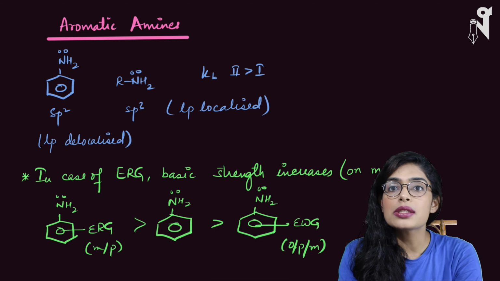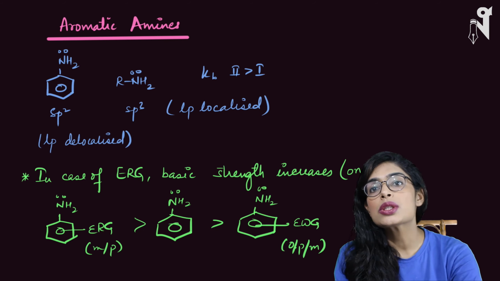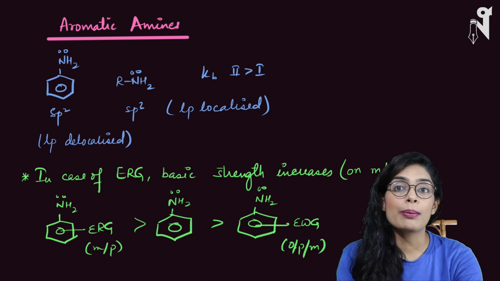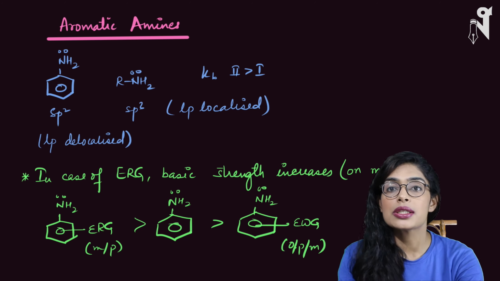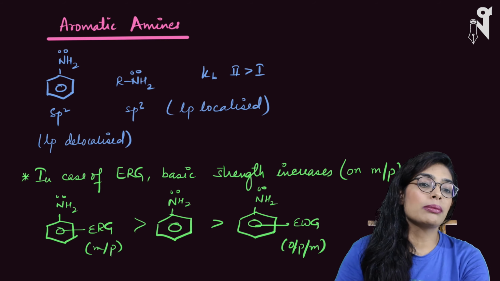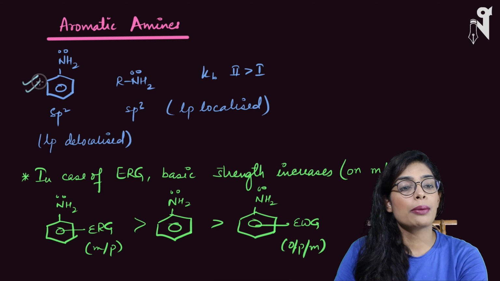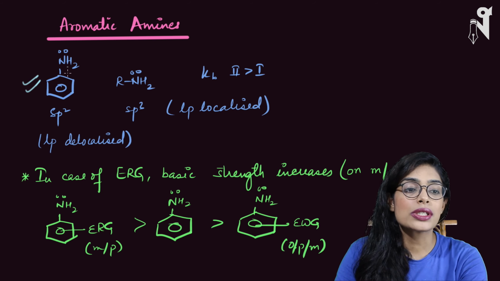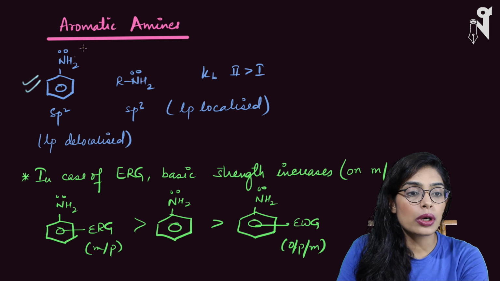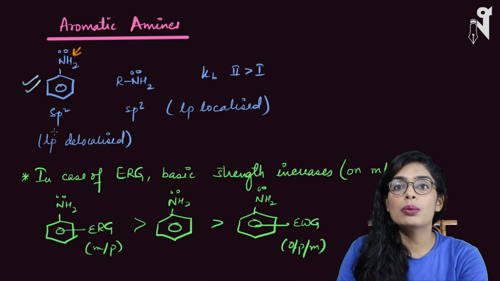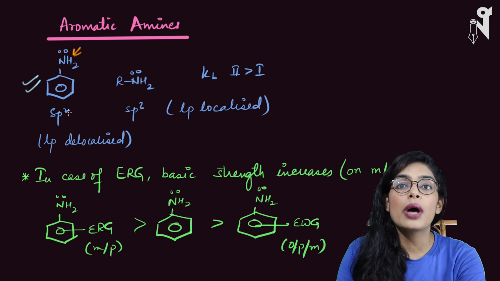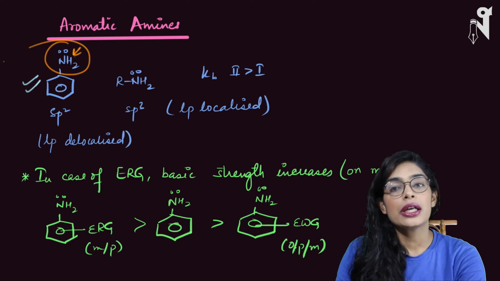Aromatic amines are the ones where benzene is there and NH2 is on the benzene, or nitrogen is on the benzene, not part of the aromatic ring. So here the aromaticity of the ring is not going to get affected. Now if I'm talking about aromatic amines, this is how your aromatic amine looks. Benzene with NH2, this is your primary amine. It can be secondary, it can be tertiary, depending upon what R groups are present. Basically, whether it is one R group or two R groups or two hydrogens, the degree of this amine will be defined.